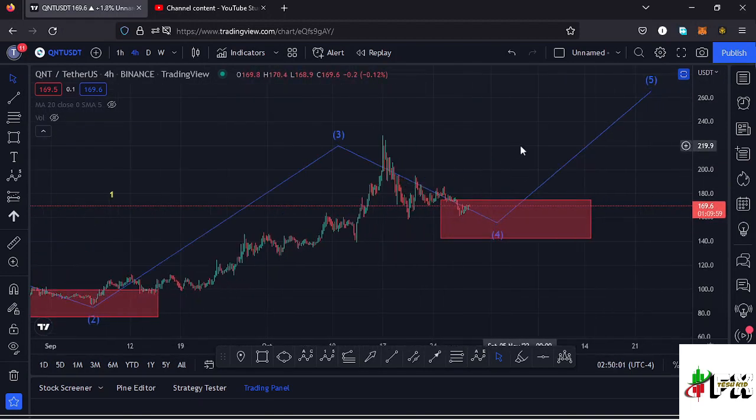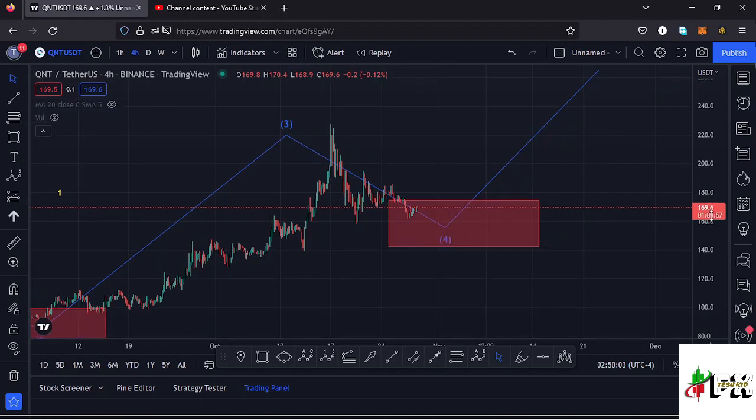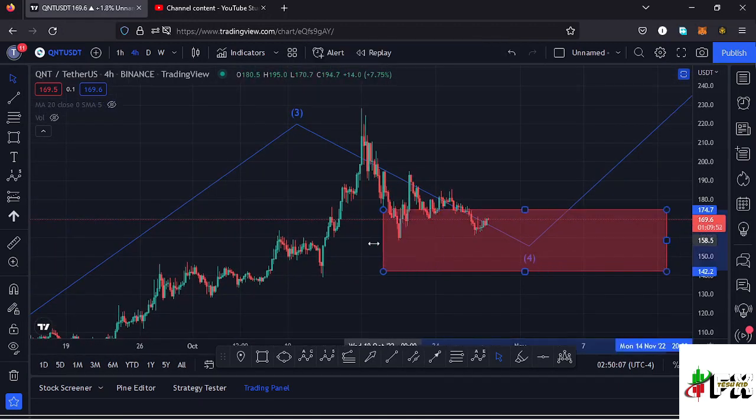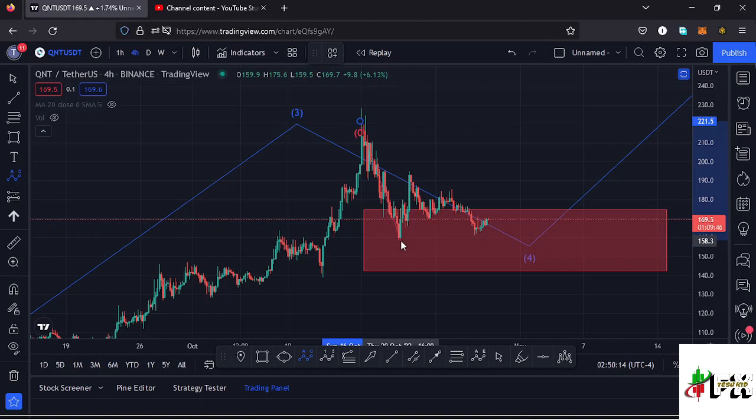And in the formation of a fourth wave, which is a corrective wave, I also expect to see an ABC corrective movement play out over here, and we are yet to see such a structure right here in the formation of a wave C, but we have seen the formation of a wave A, then a wave B, then we are yet to see the formation of a wave C, giving us a new low below the low that we have at around the